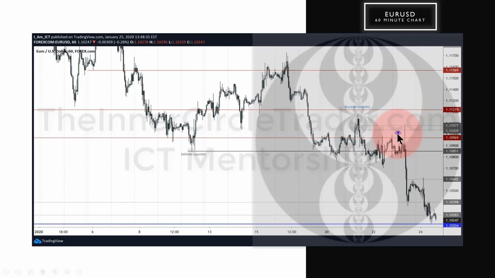And again, the eyeball is just to remind me that this is your SMT divergence. We'll talk about that again in a few moments when I get through the commentary for Euro and cable. Cable doesn't have a whole lot to talk about, so it won't be much longer before I get to that portion. Sell side liquidity has run out multiple times here, and then came back up into the bottom of that old daily fair value gap on the daily chart, and then consequent encroachment, and then sells off. Fair value gap in here rebalances on Friday, and then distribution again, rolling into the buy side imbalance, sell side inefficiency, fair value gap on the daily chart that we've been looking for months.